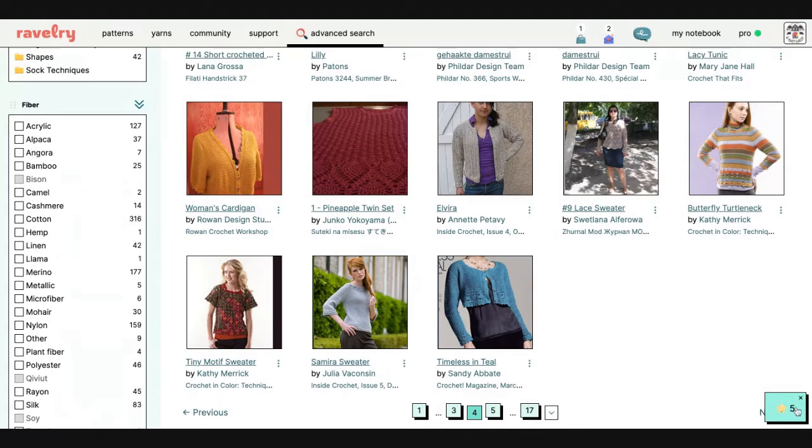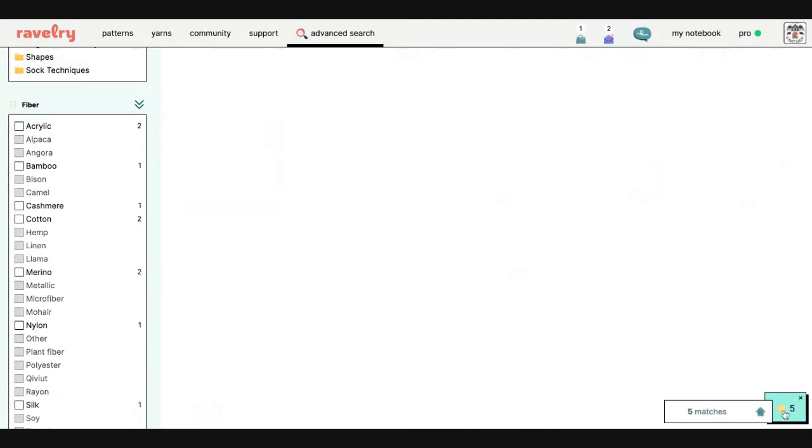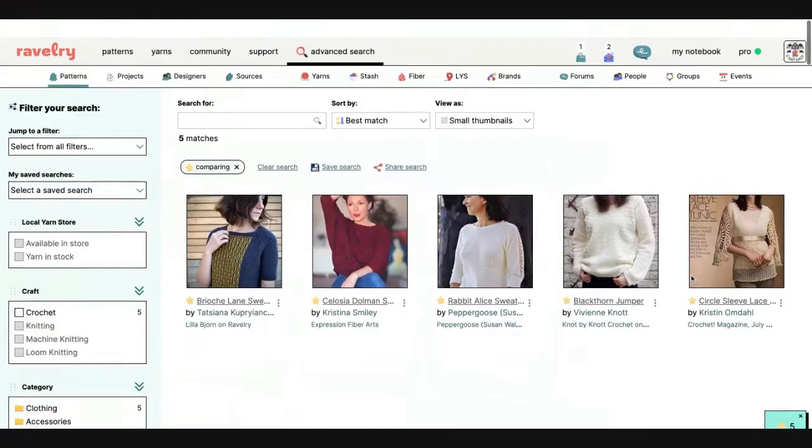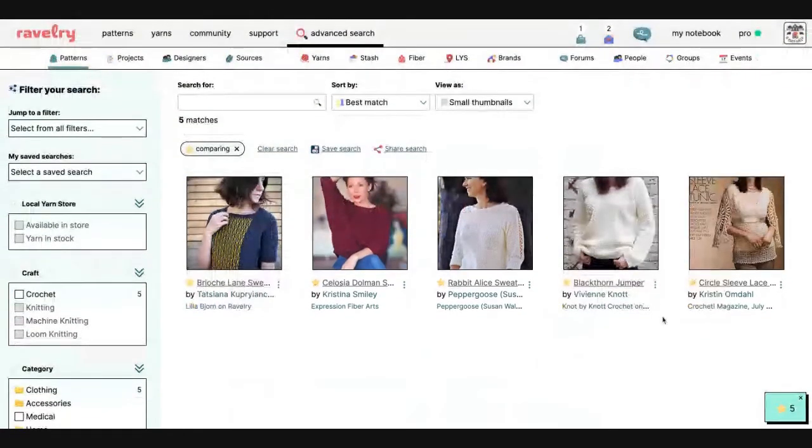Okay, so let's look at your remember and compare page, which is really different from yours. Totally. Because I've got color work. I feel like most of mine, though, you see monochromatic. I wasn't really feeling the color work. But I do want to learn how to shape a dolman sleeve. I feel like it shouldn't be that hard, but I have been looking at the Celosia dolman sweater for a